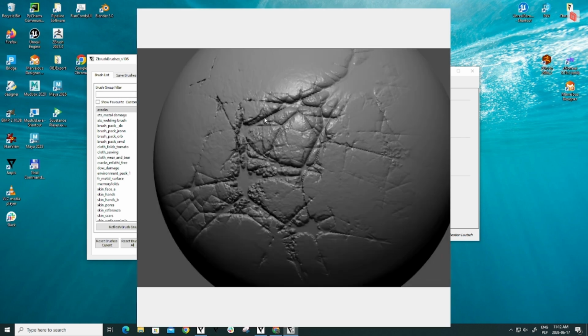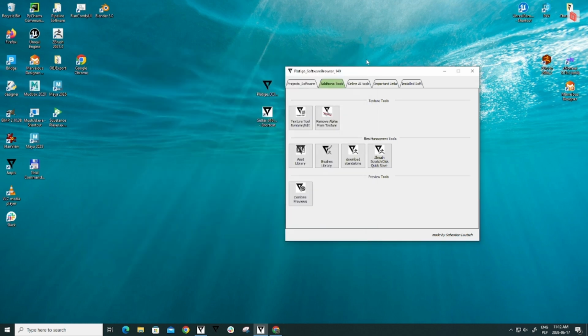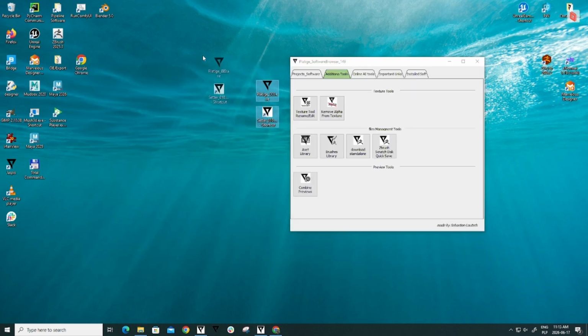We got big previews here. I can also save the brush, and this is a standalone tool. You can copy your stuff and do it at home too. Here we have a download standalone, so this practically downloads two elements that you need to have for the ZBrush manager to work at home. We work on Shotgun, ShotGrid, or Flow as it is called today, and we might want to,